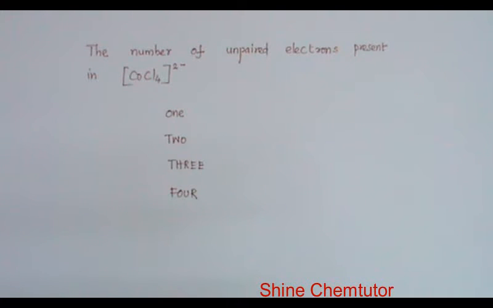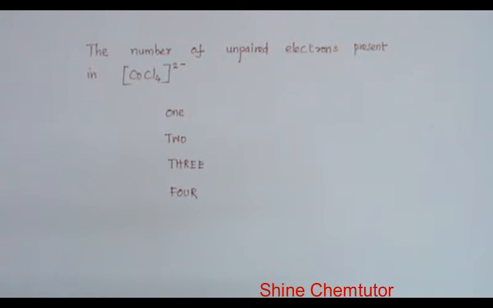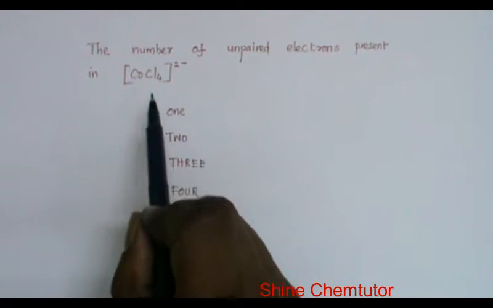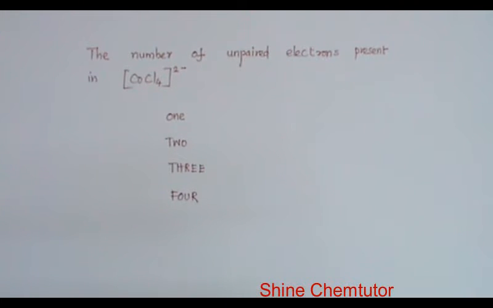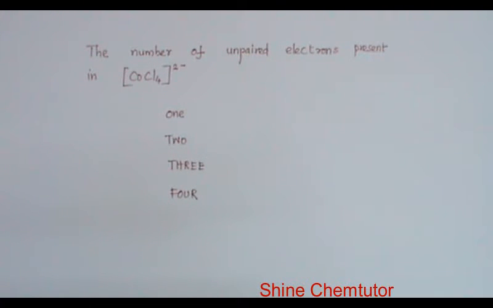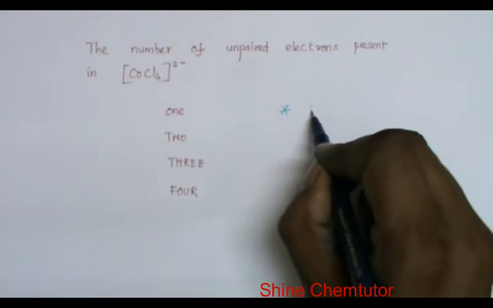This problem is based on splitting of d orbital in the tetrahedral field. The question is: the number of unpaired electrons present in CoCl4 2- is, and the given options are 1, 2, 3 and 4. It is very important to calculate the number of unpaired electrons. Based on that, you can predict